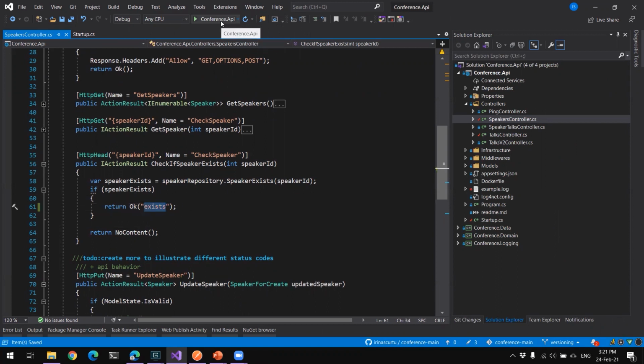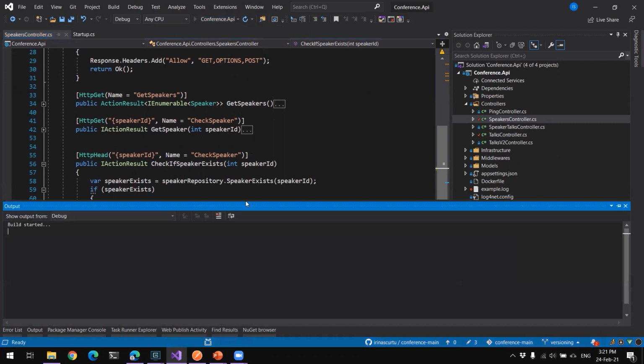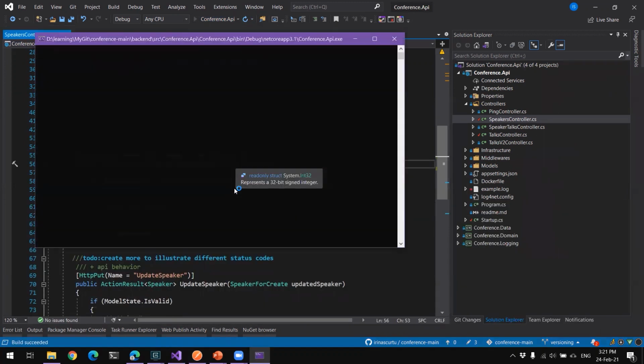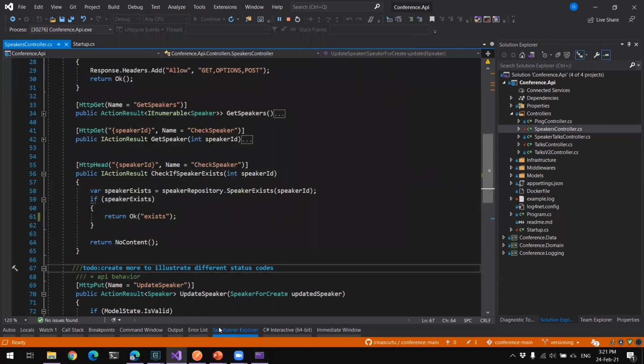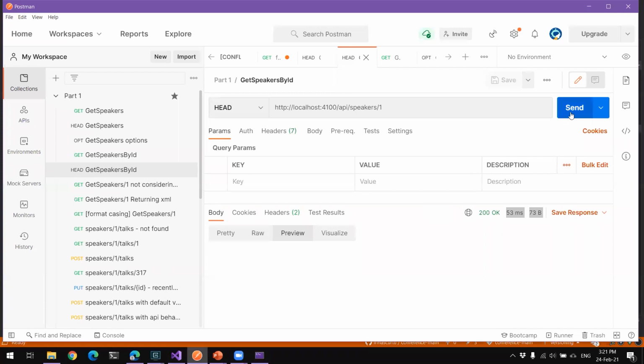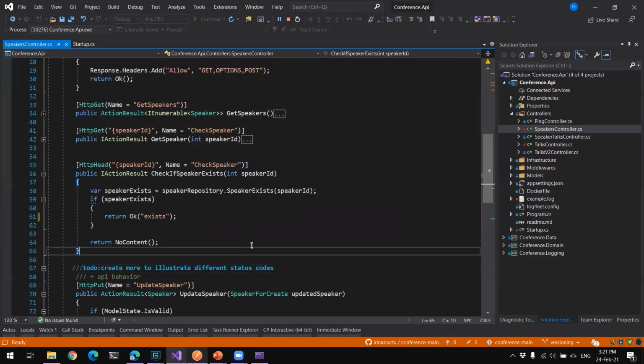I'm going to send something as an OK parameter to see what's happening. But HTTP HEAD, as per the RFC description, is meant not to send the body. But it's actually very interesting to see. So speakers one, we know that is there. If we send this, it's a 200 OK, but still no body. So it doesn't matter what you add in there. It won't send that. Yeah. Very nice.